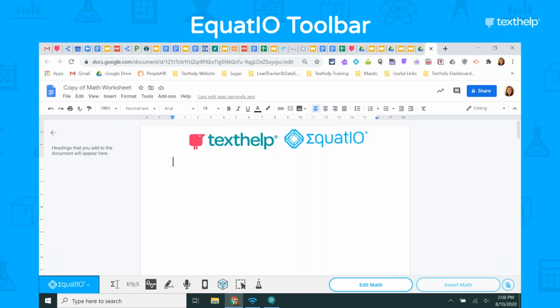Read&Write has the real estate at the top of the screen. EquatIO floats at the bottom. So if you have a student who needs both at the same time, they can have them open. They're not going to overlap with one another. And it's easy to toggle on and toggle off, just like Read&Write, like we've covered all these other weeks. The Chrome extension, just click the button on and off, I'll show you, much like any of our other tools as well.